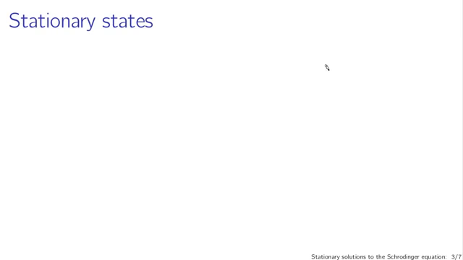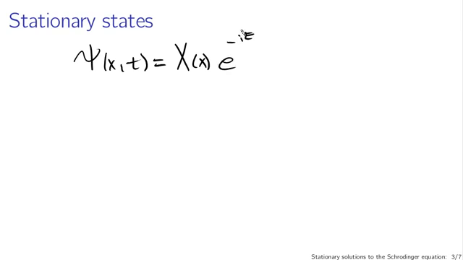First of all, these solutions are called stationary states. What we've got is psi as a function of position and time is equal to some function of position multiplied by some function of time. And I wrote that as capital T on the last slide, but if you remember from the previous lecture, the time evolution equation was solvable, and what it gave us was a simple exponential, e to the minus i E t divided by h bar. So this is our time evolution part, and this is our space